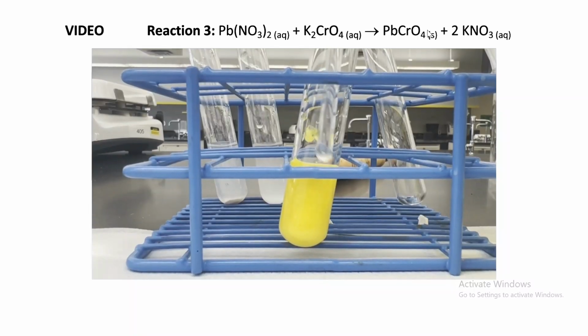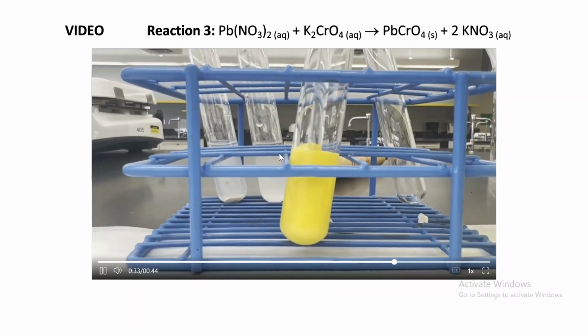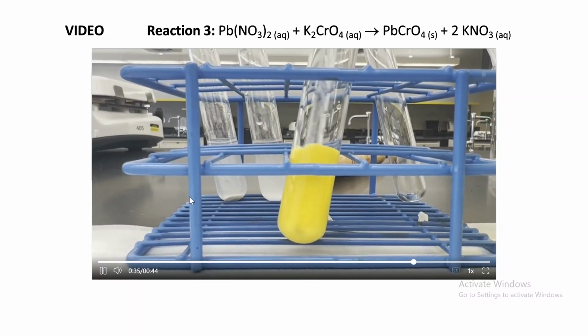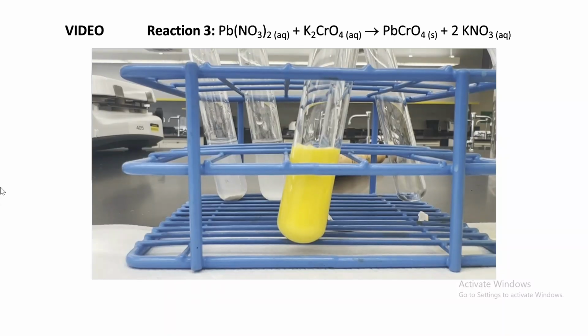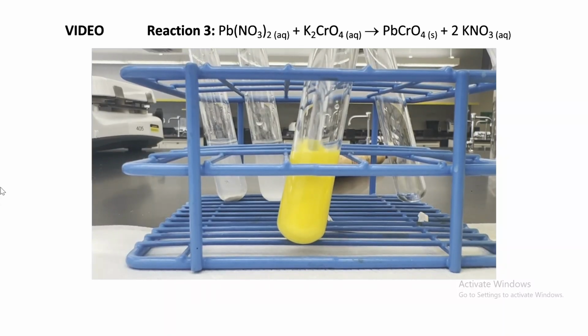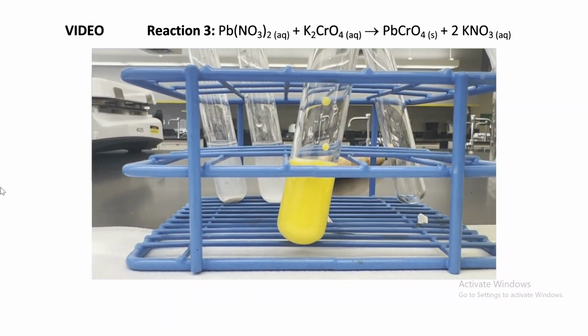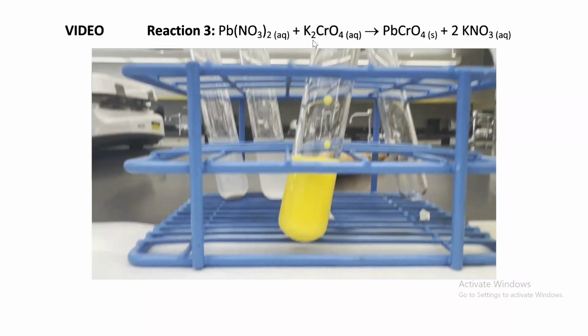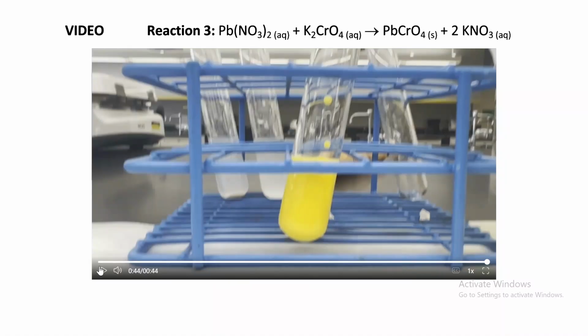Yes, as you can see, we're gonna agitate it, and it's a beautiful yellow precipitate. Look at that; it's a beautiful yellow precipitate that will settle to the bottom. So initially, potassium chromate is yellow. It's aqueous, and lead nitrate is a clear colorless liquid, and we mix them, and as you can see, when